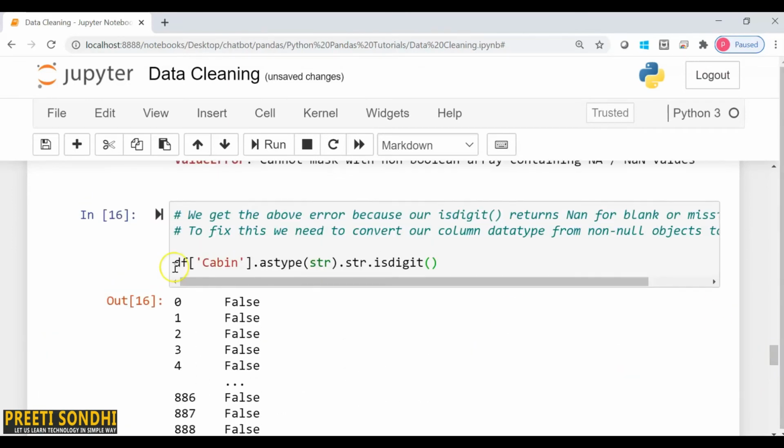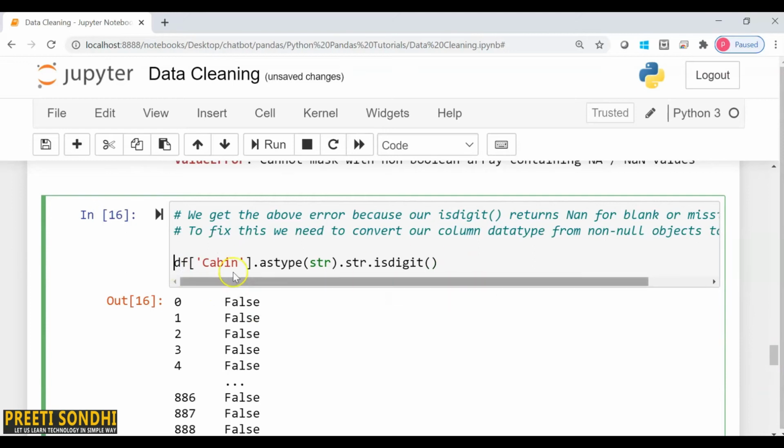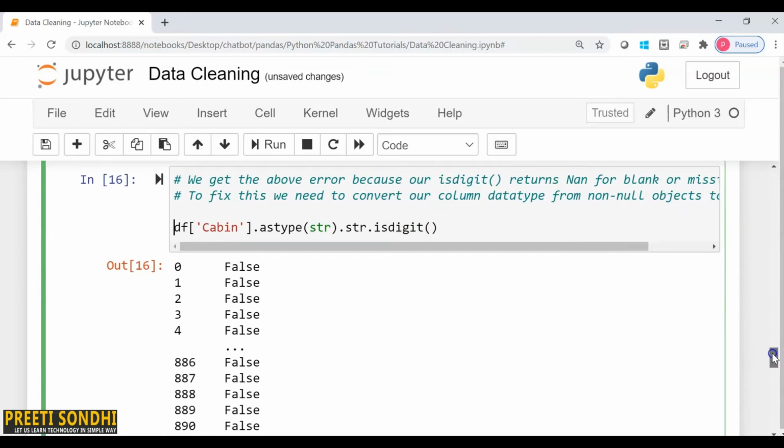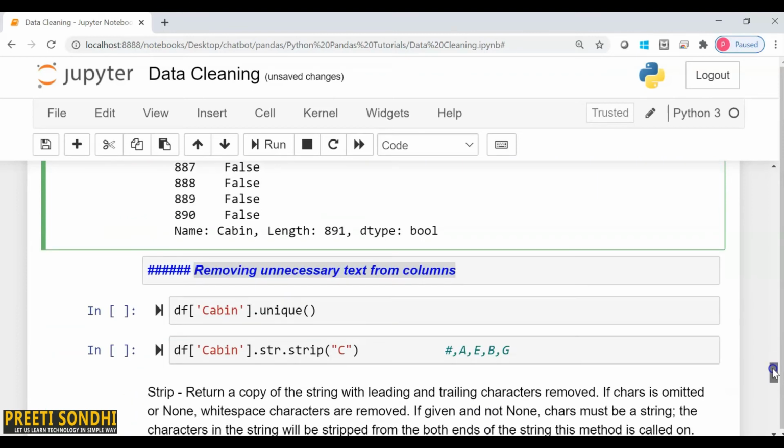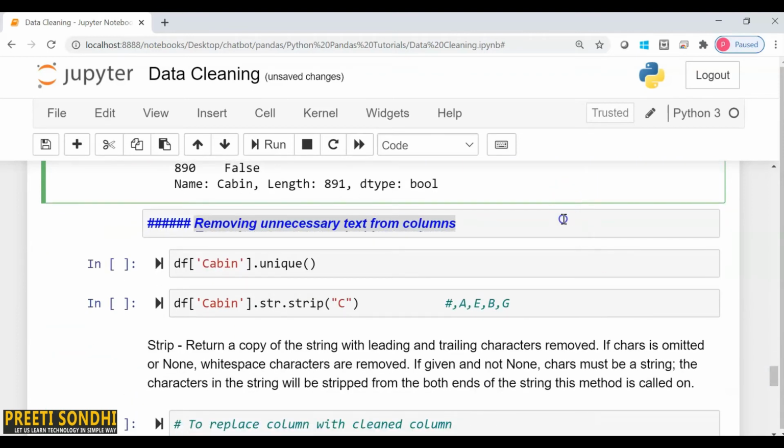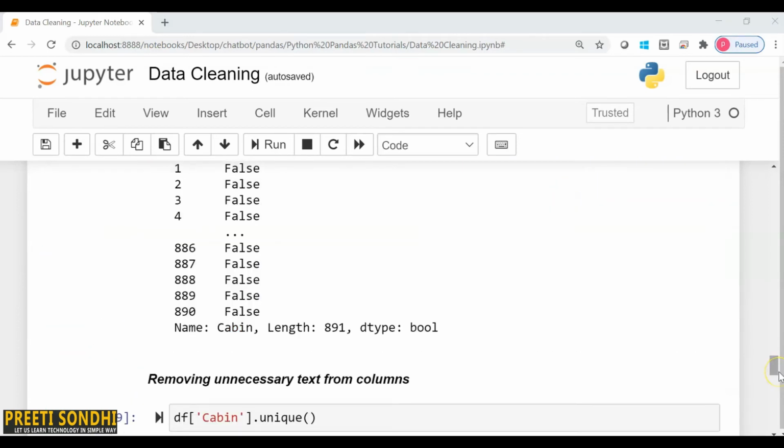Now if I pass this inside my data frame, I can get all the values where the cabin column has a digit, and I will get all the rows as well as values for that.